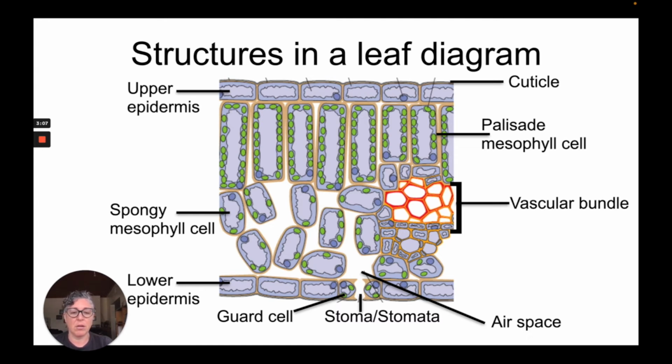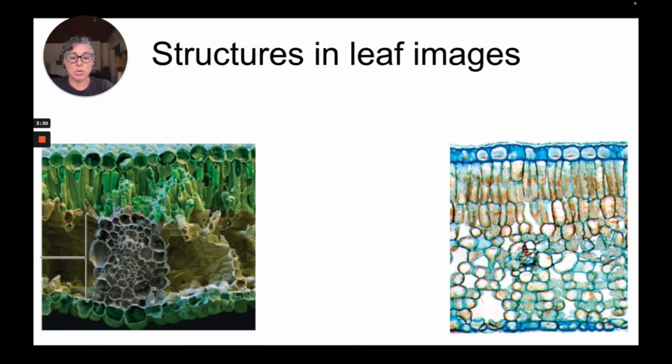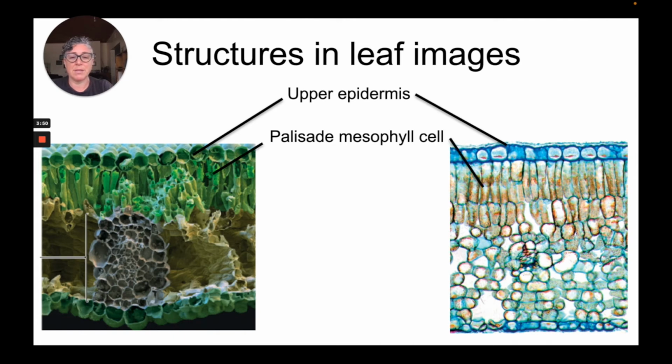This is called a stoma, singular, and stomata, plural. So let's take a look at these same structures now in the electron micrograph and the photomicrograph of microscopic images. Again, we have the upper epidermis at the top that faces the sun of any leaf. We have the palisade mesophyll cells directly below that. We have the spongy mesophyll cells directly below those,